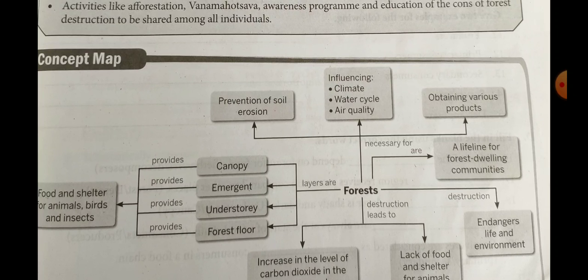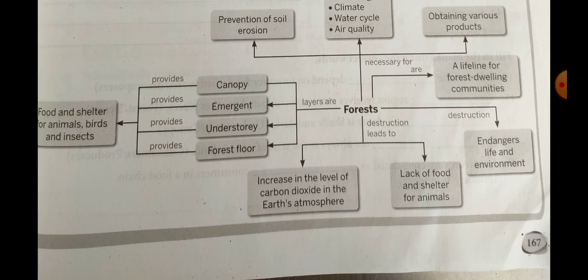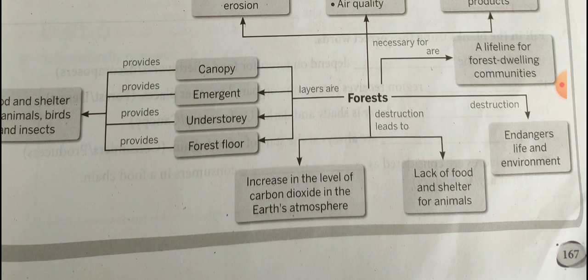Necessary as a lifeline for forest dwelling communities. Next, destruction endangers life and environment. Next, destruction leads to an increase in the level of carbon dioxide in the earth's atmosphere, and lack of food and shelter